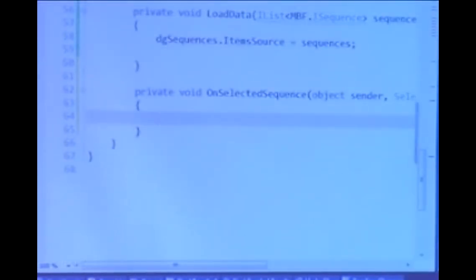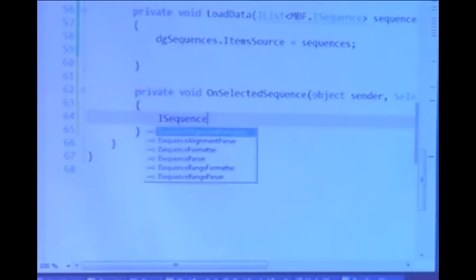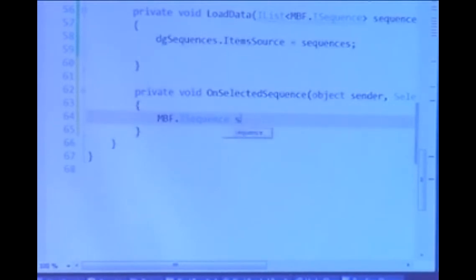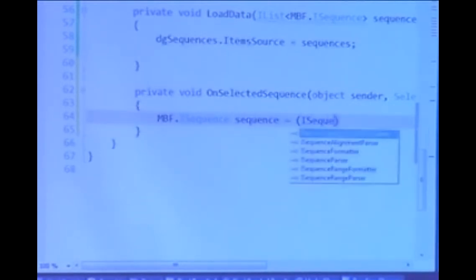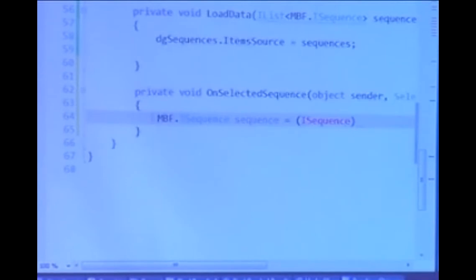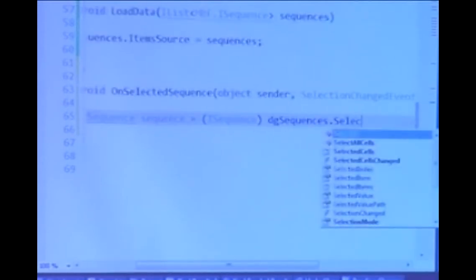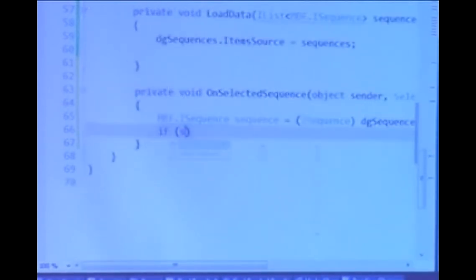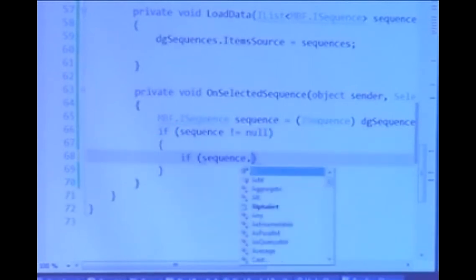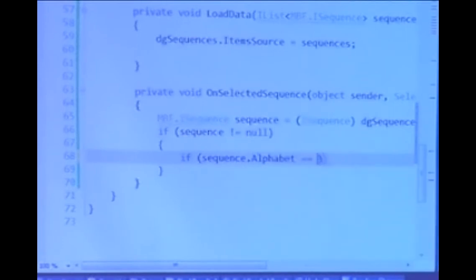So here, I'm going to say I sequence is equal to I sequence from dg sequences dot selected item. If sequence is not null, then we want to run an algorithm on it. So we're going to say if sequence alphabet is